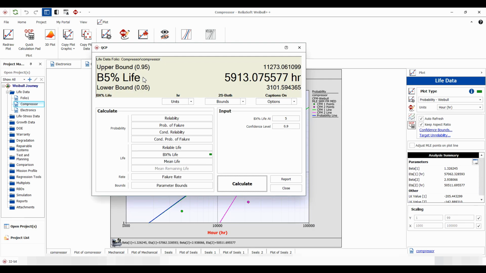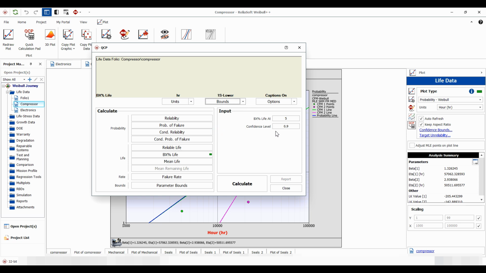But as we are likely to work with samples, we use confidence bound in situations where our data is preliminary, so we don't have the full amount of data that we would like, but we still need to make the most accurate prediction that we possibly can. Here we're saying that we are 90% confident that our B5 life is between these two extremes, 3,100 and 11,200. This may not be the most appropriate type of confidence setting for this analysis. In fact, we may want to explore the lower one-sided confidence bound, and we can change this setting if we think it is too